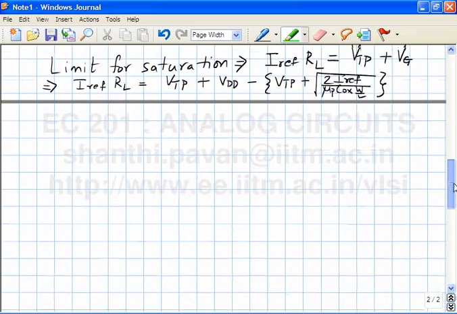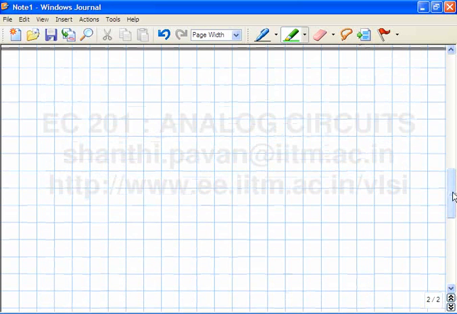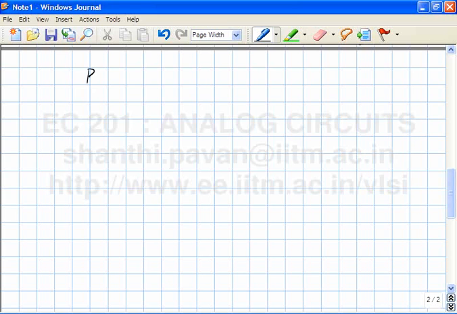So the next instance of bias stabilization is to measure, we realize that the drain current and the source current are one and the same thing. So instead of measuring current in the drain and feeding back and controlling the gate potential, what you could alternatively do is to measure the current in the source.